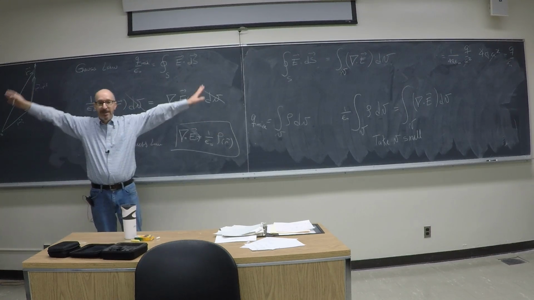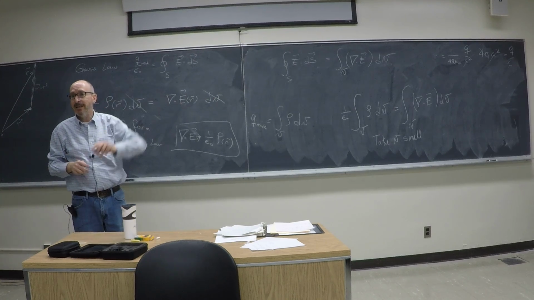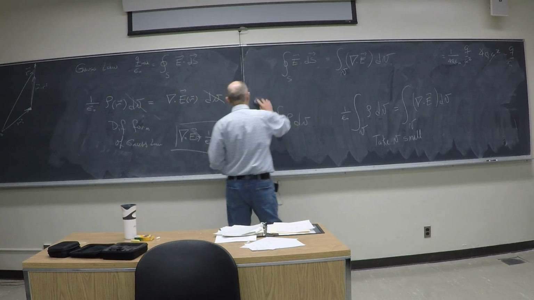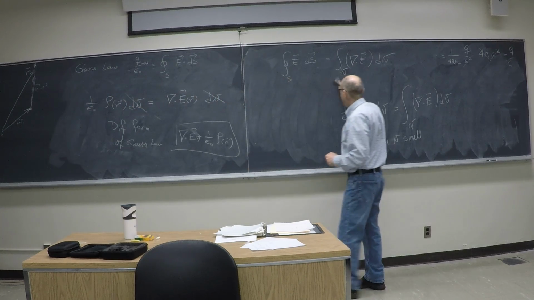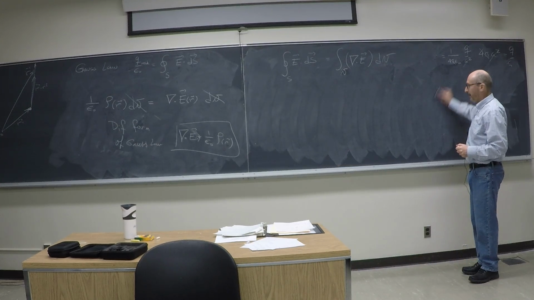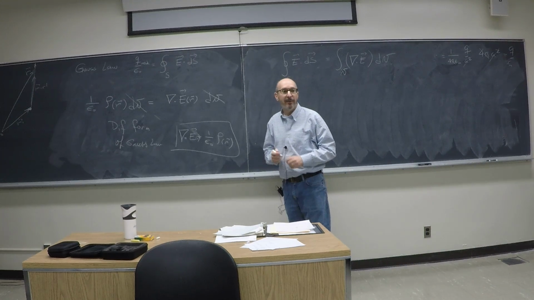It doesn't really matter what happens far away. The divergence depends only on what happens at that point. The one more thing I want to say before I let you go is that we are going to learn a lot from this. It is going to be the beginning of a different way to look at problems